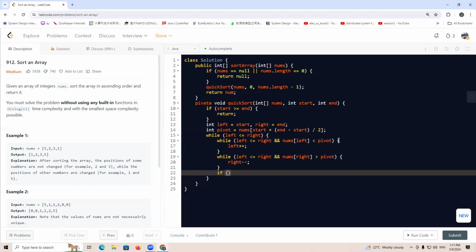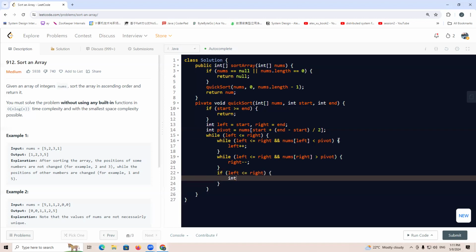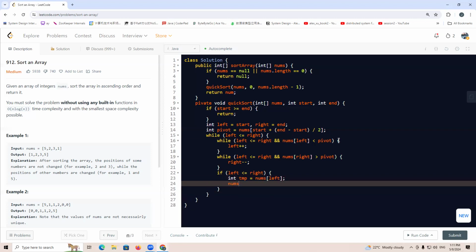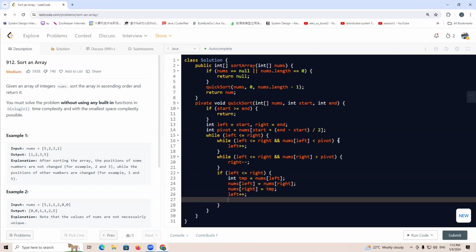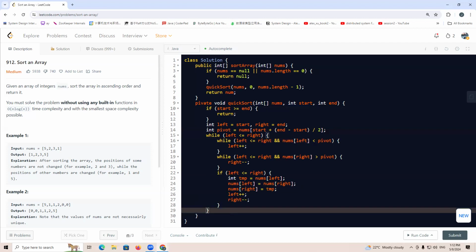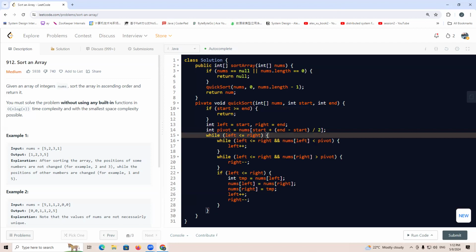And I will say if left is smaller than or equal to right, then we'll do a swap: int temp equals nums[left], nums[left] equals nums[right], and nums[right] equals temp, right? And then we'll have left move and right move. And after jumping out of this while loop,